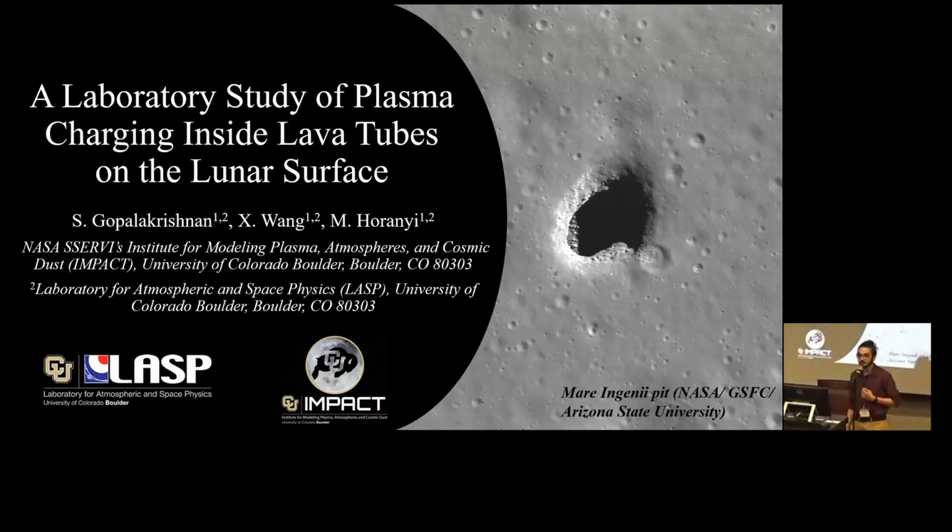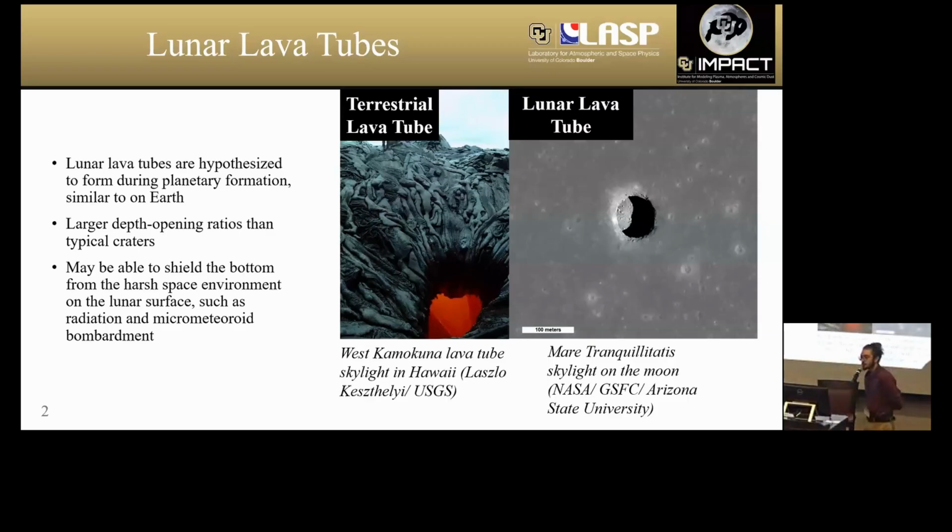I am an undergraduate research assistant at the University of Colorado Boulder's Impact Facility, and I am honored today to be sharing my research with you that I've been doing for the past year on plasma charging inside lava tubes on the lunar surface. So to begin, lava tubes on the lunar surface are hypothesized to form during planetary formation,